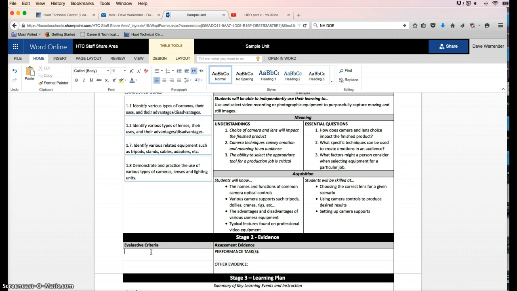So one of my evaluative criteria, which I would have in this assignment, is that the student can select appropriate equipment given a particular scenario.